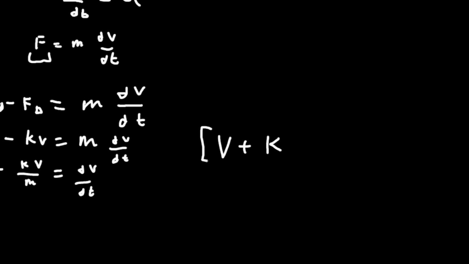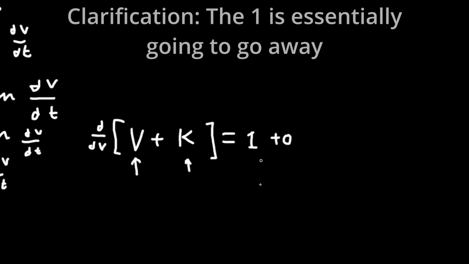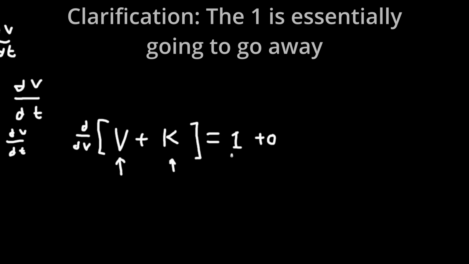We want to take the derivative of this, d dv, so we're taking it with respect to v. The derivative of this is just going to be 1, and the derivative of any constant is just 0. So this 1,